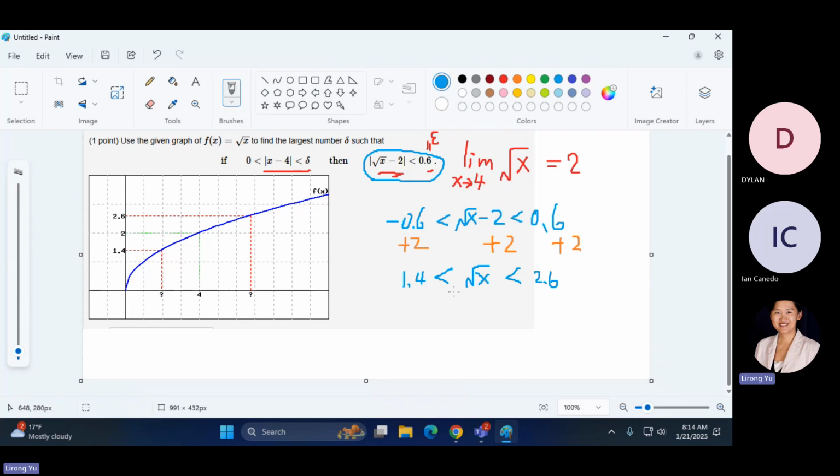Then we want to get rid of the root. Root is an inverse function for the square. Square root inverses. So we're going to square all three, just cancel the roots. And that way, if you square root of x, you get x. If you square 2.6, it will be 2.6 squared. And over here,